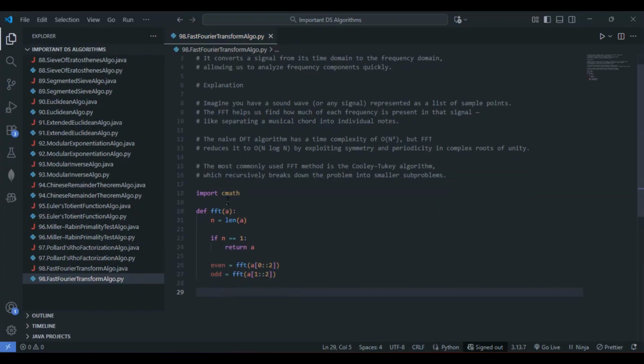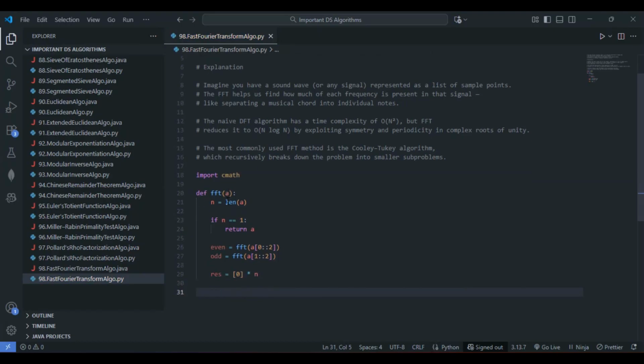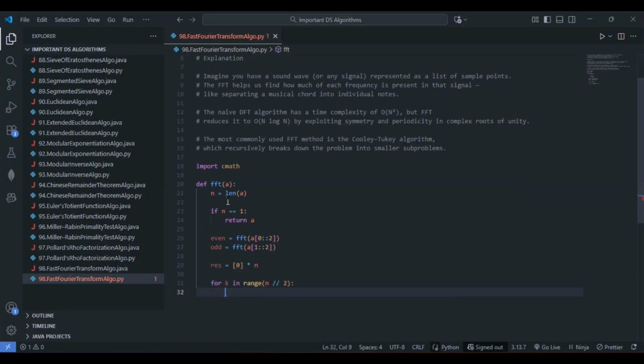Now let's initialize a list to store the FFT results. I'll use the result variable res, which is 0 times n. Next step, let's compute the twiddle factors and combine the results. We have to compute the twiddle factors here, so let's go with a for loop. For k in range n by 2, so I'll go with n by 2 here. The next step within the for loop is to assign t to